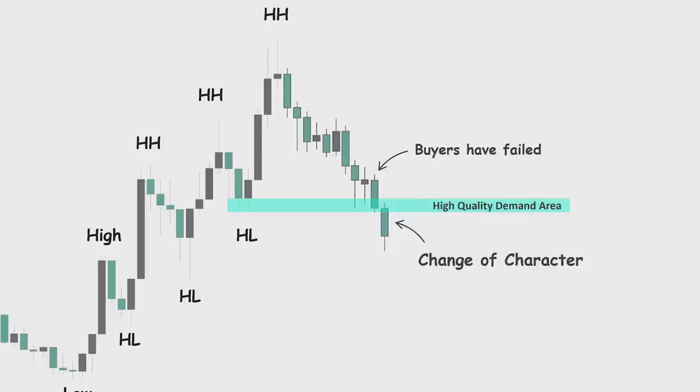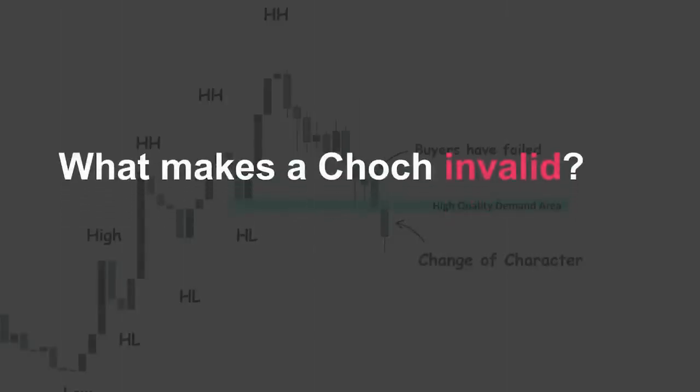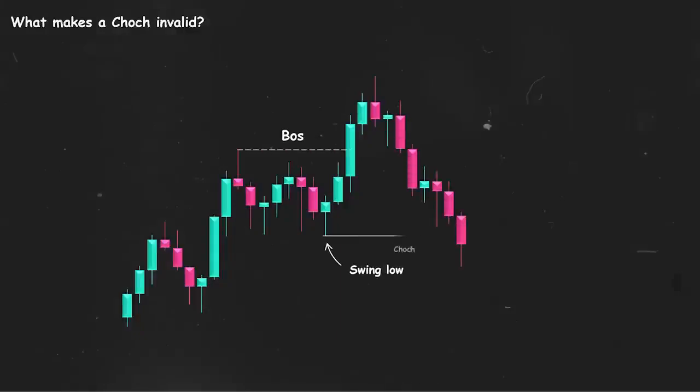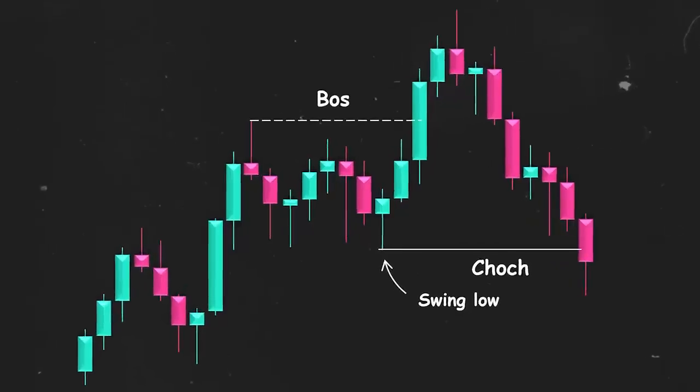The change of character is valid except in two common scenarios. Sometimes the market structure conditions make these changes invalid. Let's break this down step by step. Right here, we have a major swing low that triggered this breakout. A break below this level might seem like a valid change in character. However, if you look at the left-hand side, you'll notice something crucial. This level aligns with a significant area of